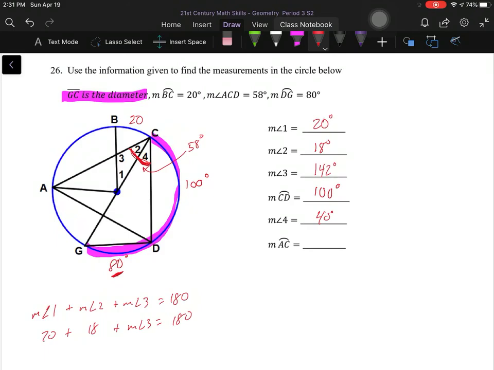We know a few different pieces here. So if I know angle 2 is 18, I know that AG would be 36. Again, the inscribed angle in the arc measure, if we double it, so that's 36 degrees. Now I can use the same idea as when I did the 80. I know, if I switch colors here,